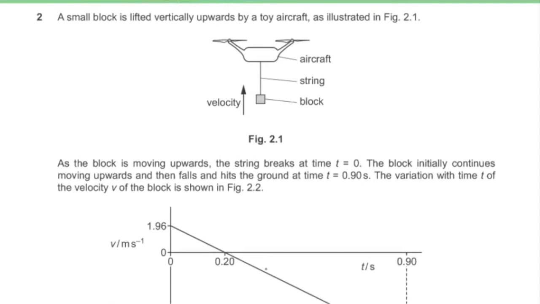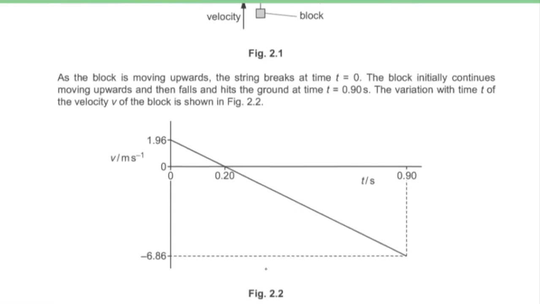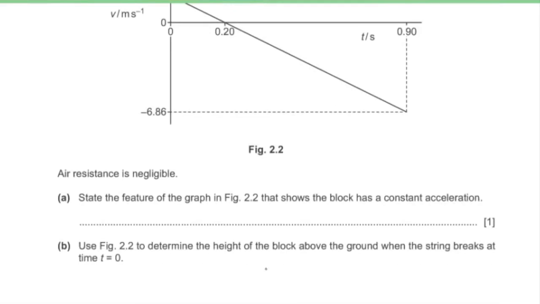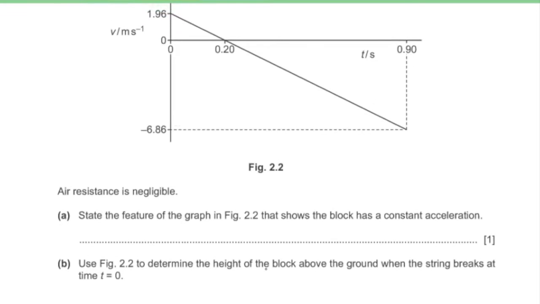Question 2, a small block is lifted vertically upwards by a toy aircraft as illustrated in figure 2.1. As the block is moving upwards, the string breaks at t equal to 0. The block initially continues moving upwards and then falls and hits the ground at time t equal to 0.9 seconds. The variation with time t of the velocity v of the block is shown in figure 2.2. Air resistance is negligible. Part A, state the feature of the graph in figure 2.2 that shows the block has